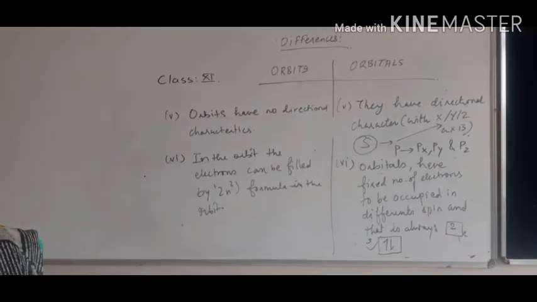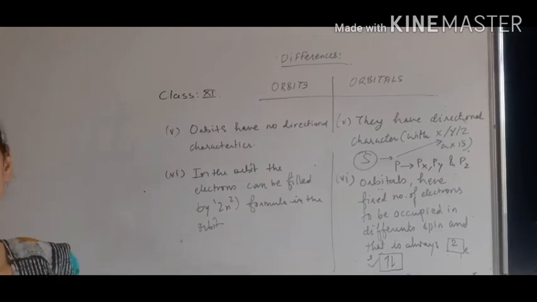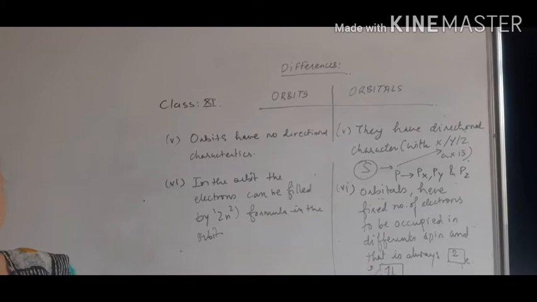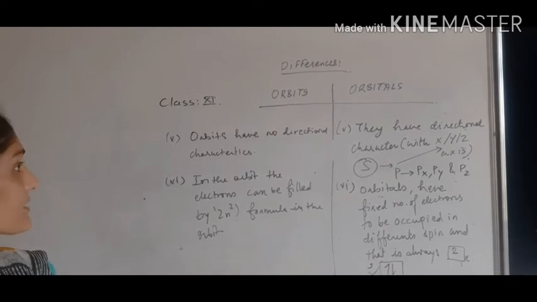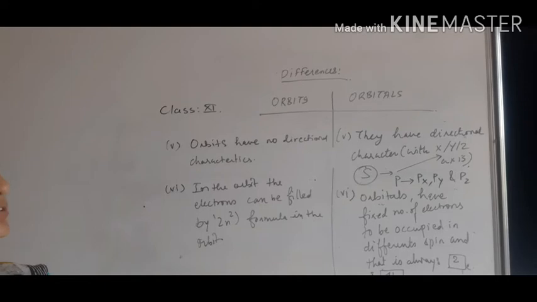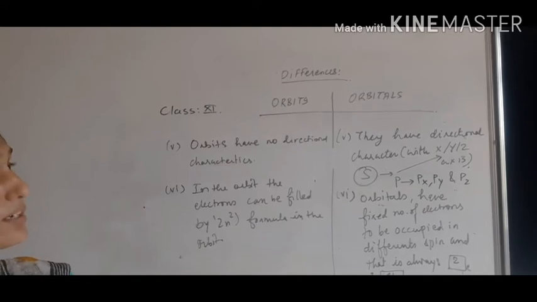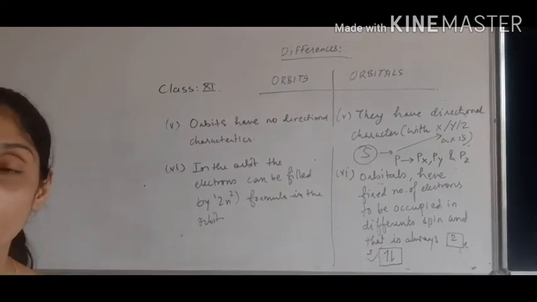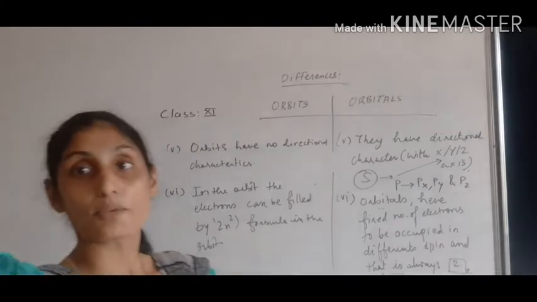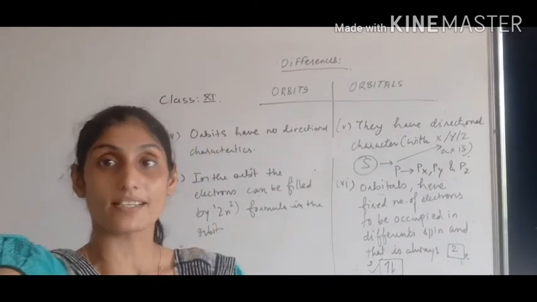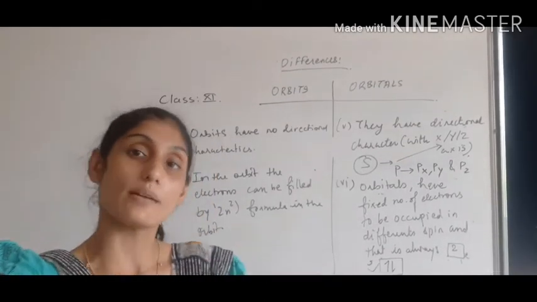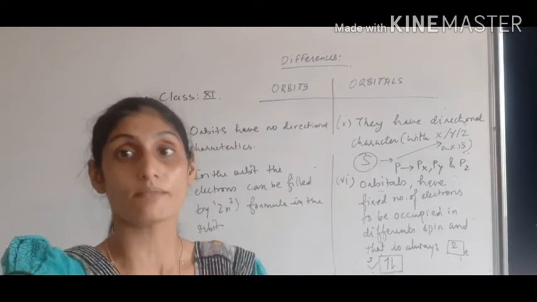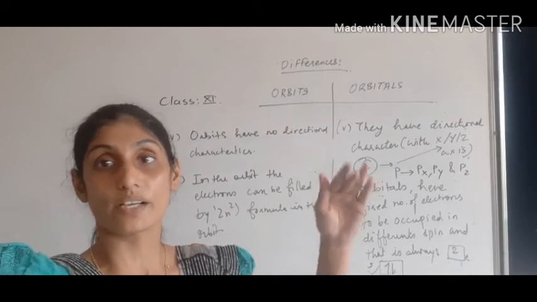Children, you can see here that the 5th point, orbits do not have any directional characteristic, whereas orbitals have directional characteristic with x axis, y axis and z axis. That means कि s के पास कोई सबशेल नहीं है जो x या तो y या तो z एक्सिस पे बिलोंग करे. p के पास सबशेल्स हैं जो x एक्सिस पे भी हैं, y एक्सिस पे भी हैं और z एक्सिस पे भी है. इन सेम मैनर d के पास भी है. जो भी सबशेल्स है उसकी एनर्जी रिमेन सेम throughout the electronic configuration.